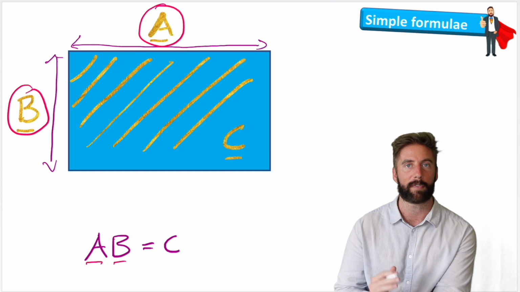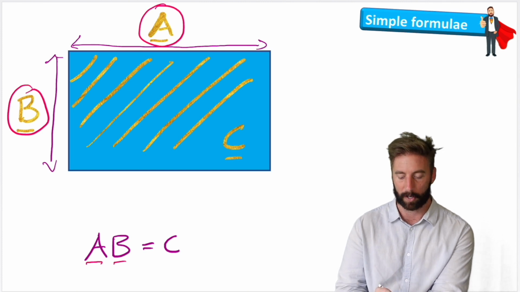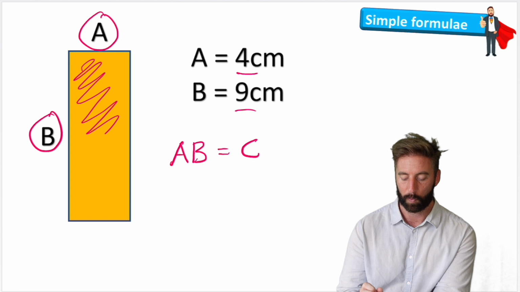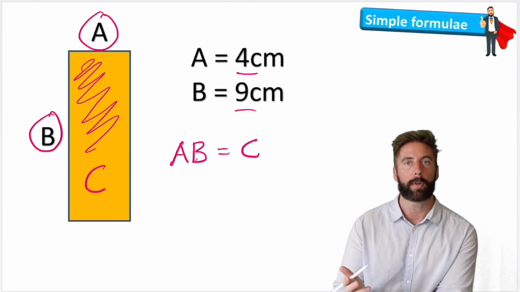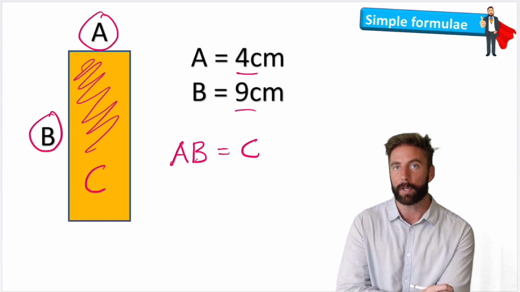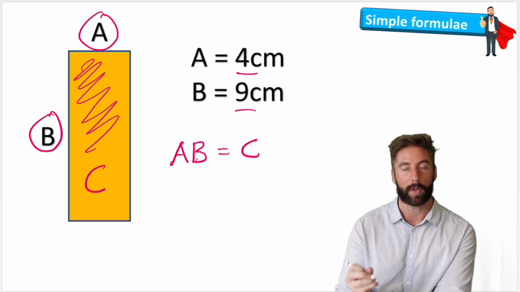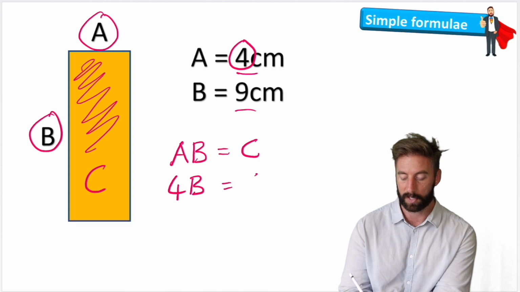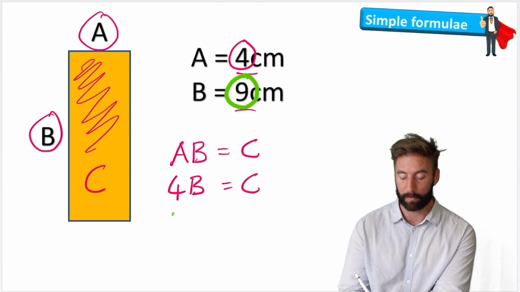So let's have a look and see if this formula can be used for another rectangle. So now I can write down my formula. We think AB will equal C, this shaded area we'll call C. And now all I'm going to do is substitute in my numbers to get my answer. So A can be substituted with 4, so I could write 4B equals C. And then I could substitute B with 9 and end up with 4